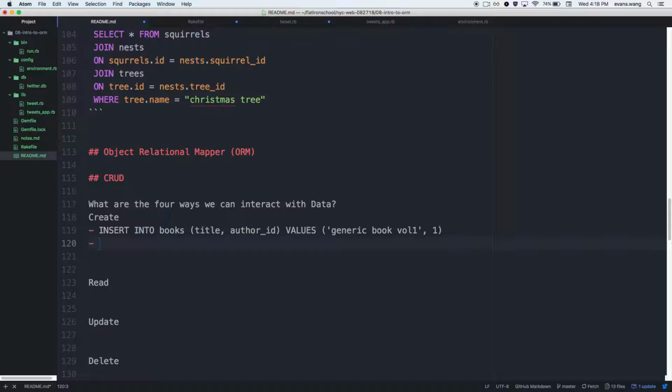How do we do it in Ruby? If I had a class book. Very good. Book.new. And I'd pass in generic title. And I'd pass in. Looks familiar? Okay. So,